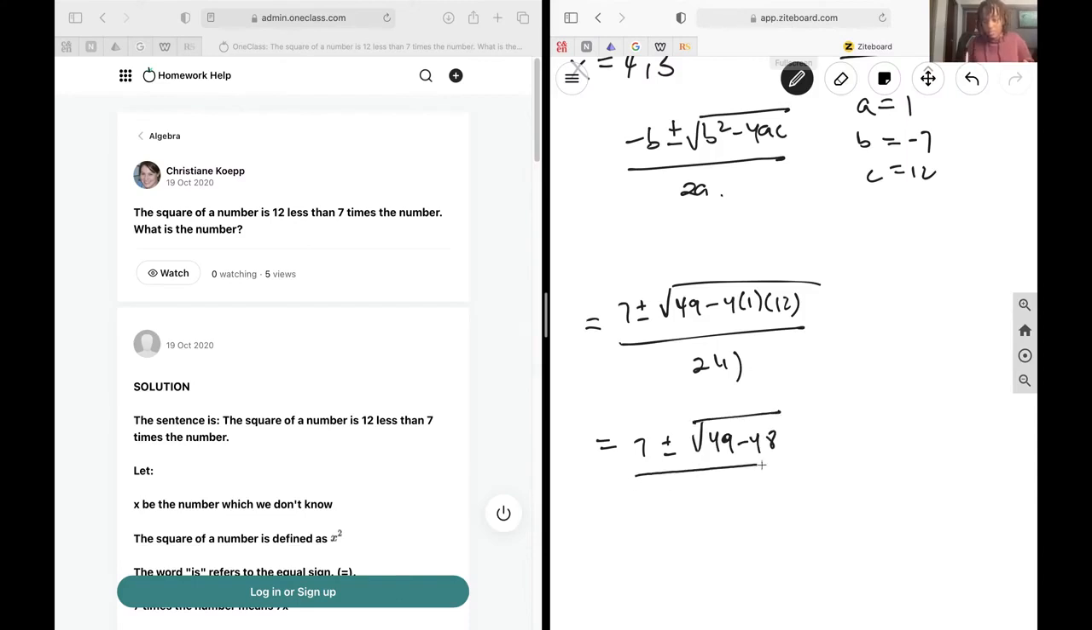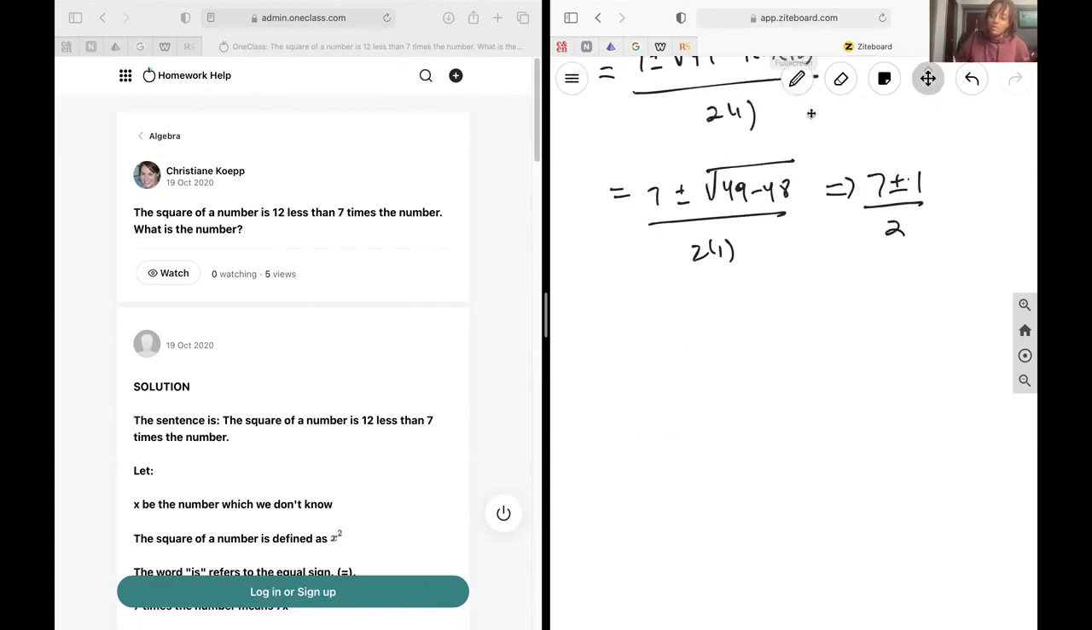4 by 12 is 48. All over 2 by 1. This is going to give me square root 1. So this will give me 7 plus or minus 1 over 2. So my two x values will be x is equal to 7 plus 1 over 2. This will give me 8 over 2, which is 4. My second one will be x is equal to 7 minus 1 over 2, giving me 6 over 2,